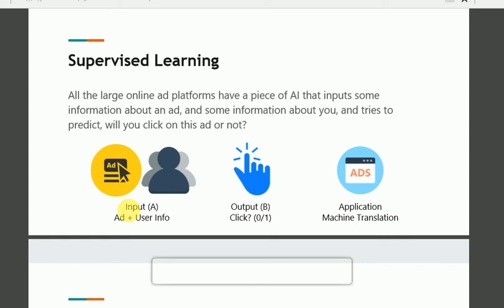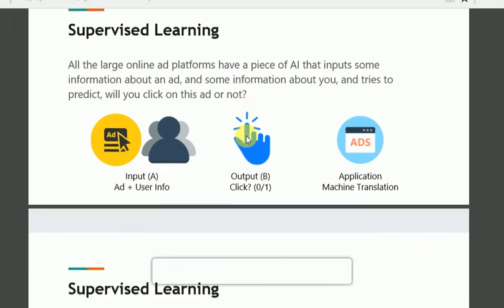Suppose the person is interested in AI stuff, or the person is interested in medical stuff. So the programmer makes an application like that to attract the user through the advertisement, showing the advertisement on which we get attracted and click.